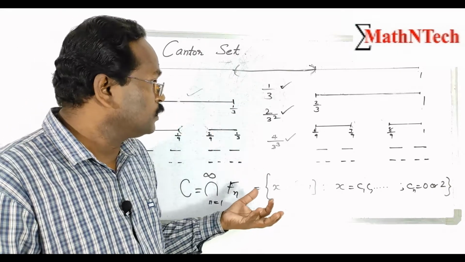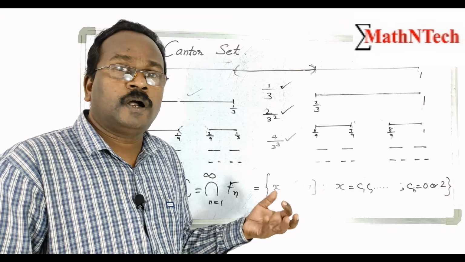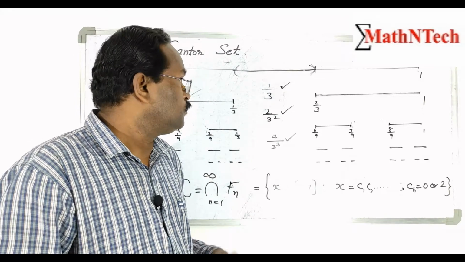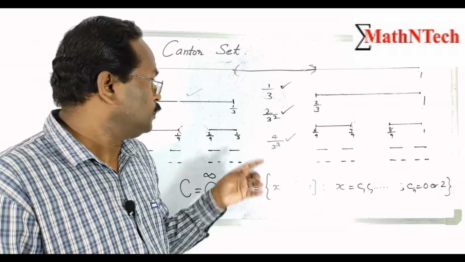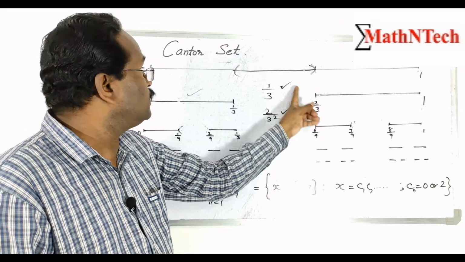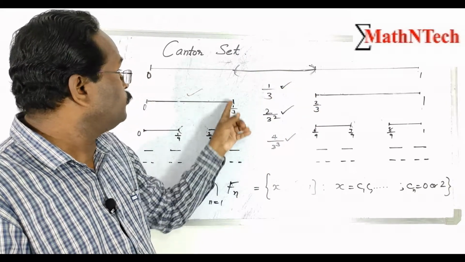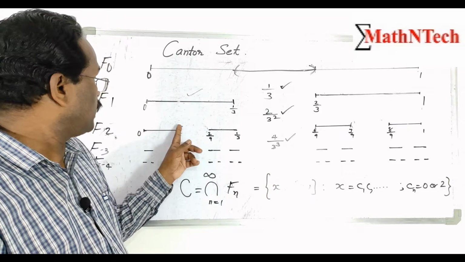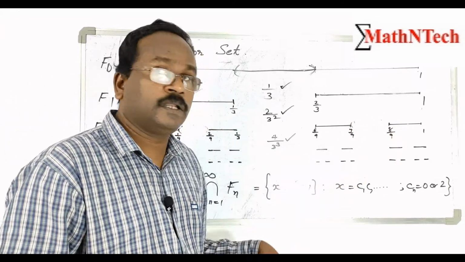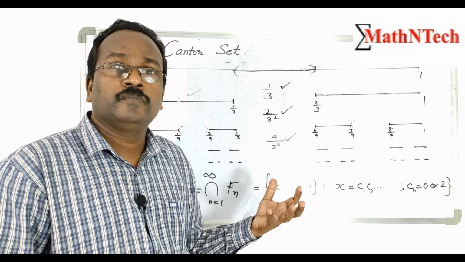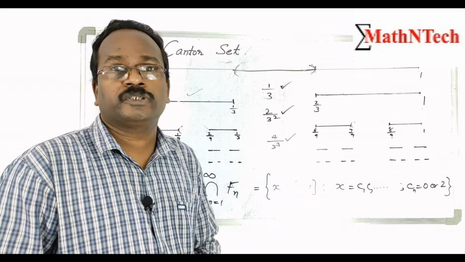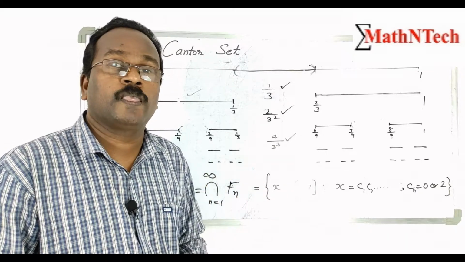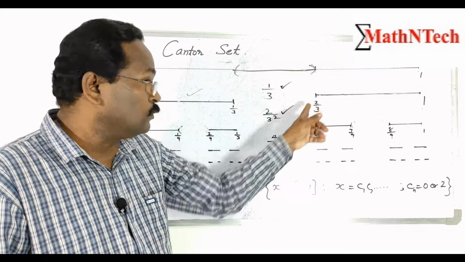So ultimately, the Cantor set contains uncountably many points. Which points are contained in the Cantor set? The deleted intervals' end points: 1/3 is an element of Cantor set, 2/3 is an element of Cantor set. Again, 1/9, 2/9, 7/9, 8/9. Those end points no doubt belong to the Cantor set. They are countable, but Cantor set is uncountable. So it contains more points than the end points.